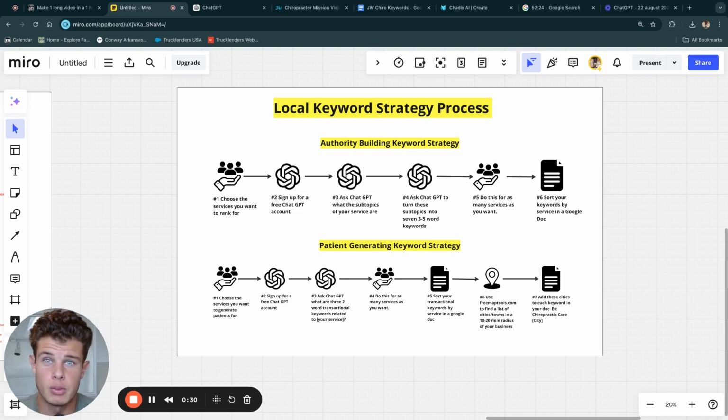And in today's video, what we're going to be going over is how to create a local keyword strategy for your practice. And I will be walking you through this graphic as well as going through each step as far as how we can make that happen. So let's get right into it. Now, let's start off with